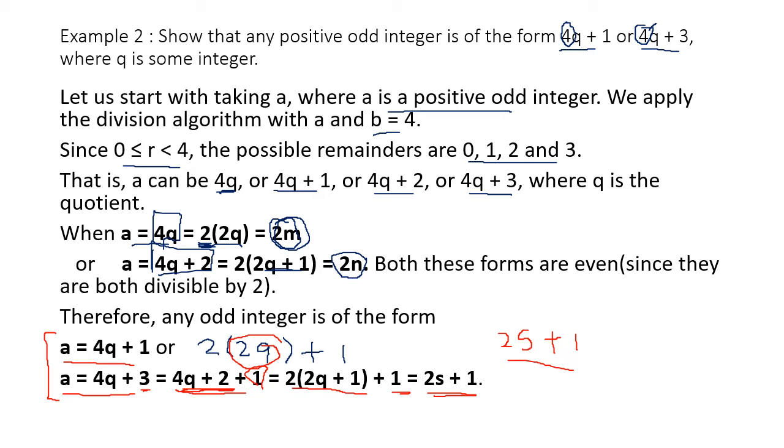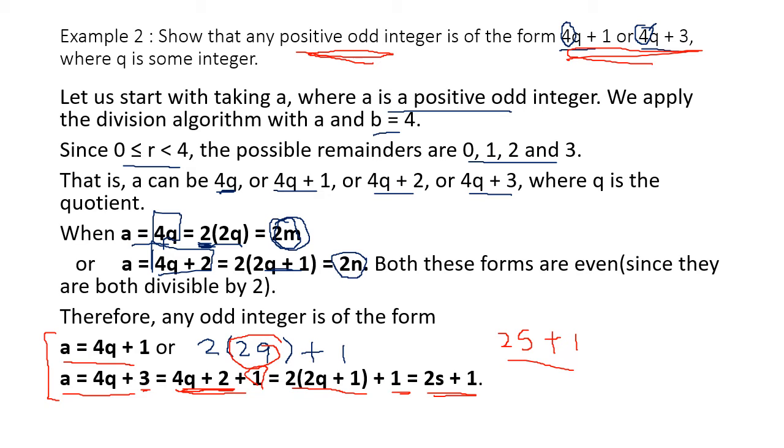And in the previous slide we saw 2q plus 1 means the odd integer. So 4q plus 1 and 4q plus 3 both are what? They are positive odd integers. So positive odd integers can be shown in the form 2q plus 1, that is one form, or also in the form 4q plus 1 and 4q plus 3.